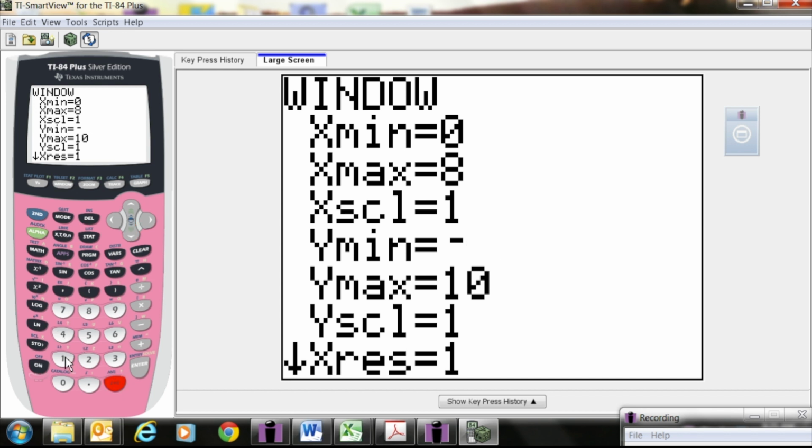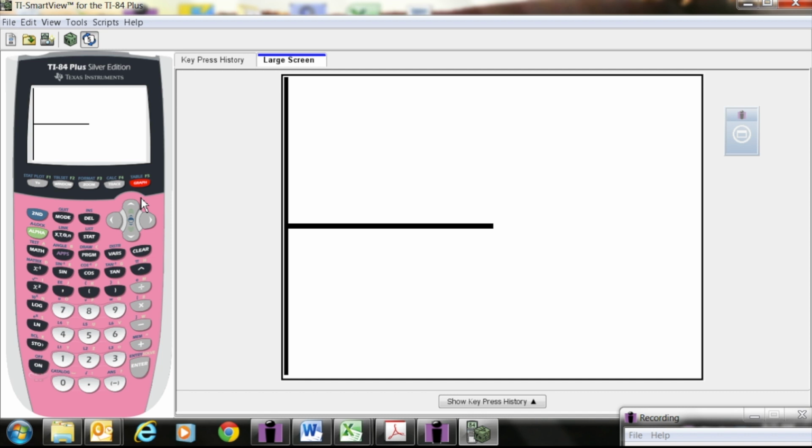Matter of fact, I always make them small, -1 to 1. I just want the zeros of the derivative, okay? So the domain, let me say this again, if you cut out 8 inches, that would make your width of 16 go to 0. And so I don't need any more than 8. My Y window is what it is because I'm looking for the 0 on this derivative, so I don't need many Y's. You hit graph,